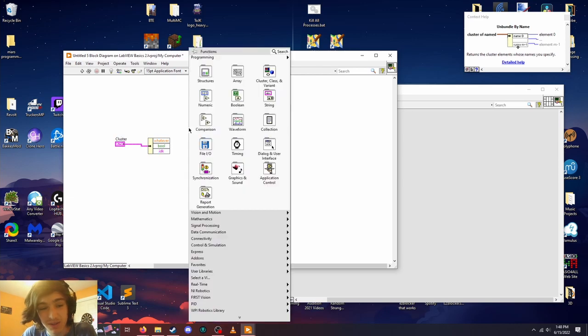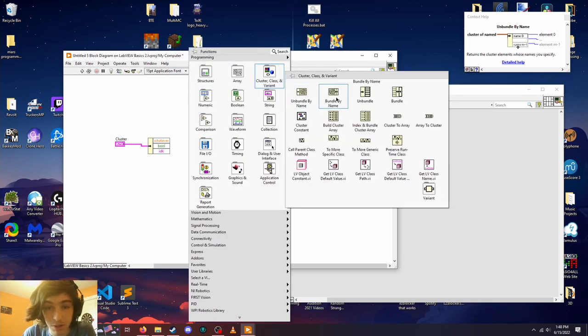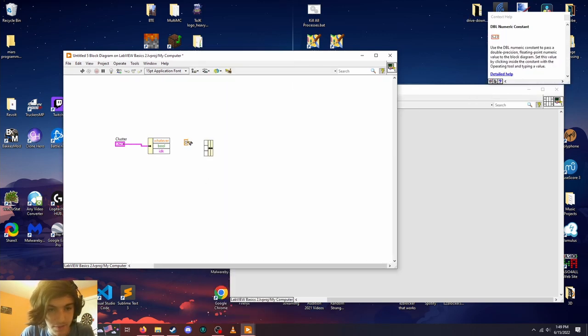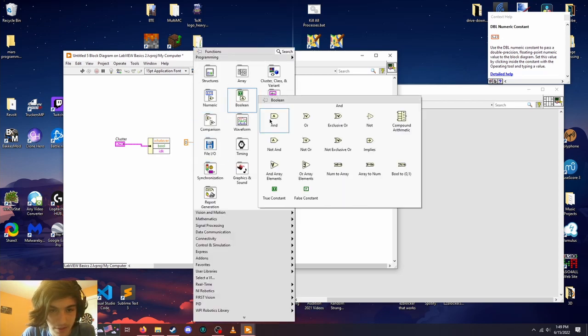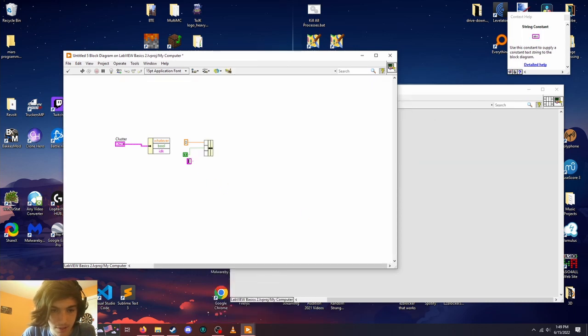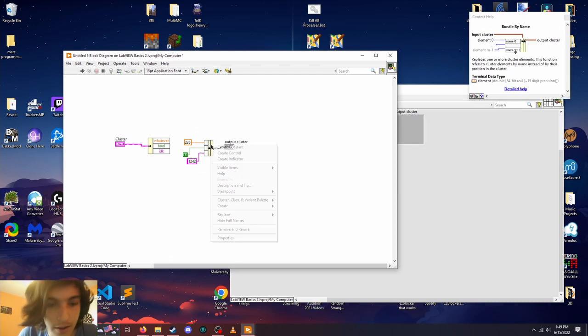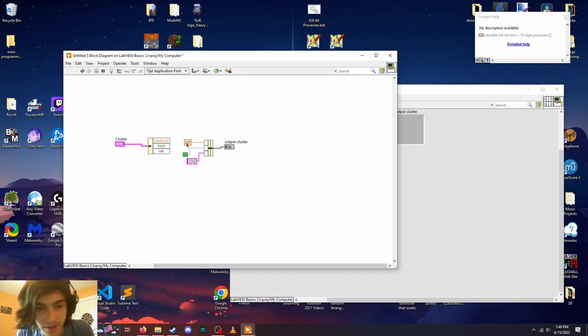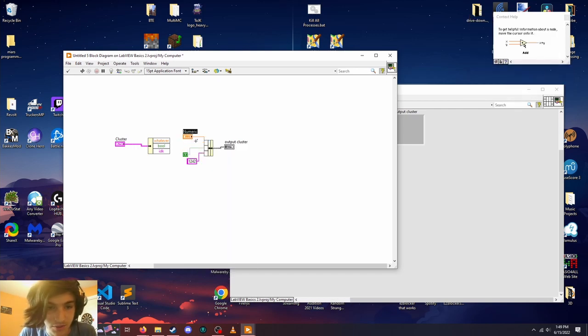You can programmatically create clusters by going to bundle by name. So if you just have a bunch of different types of data here, we can just pass it in here and create a new cluster here. This bundle by name actually wouldn't work because these don't have names. So if you actually change these to controls,